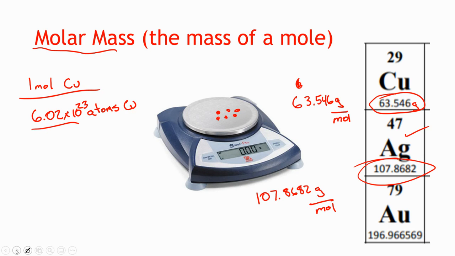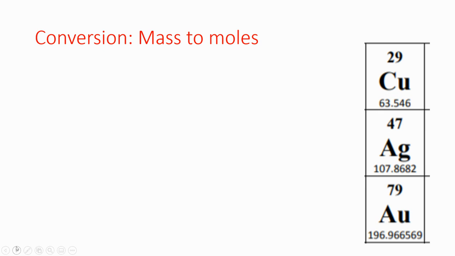So that leads us to a number of different calculations that we could do. What if I didn't have 107 grams of silver? What if I only had 23? And I wanted to know how many moles of silver is that? Well, anytime I'm going from grams to moles, I am not using the word atom at all. So I know the number 6.02 times 10 to the 23rd isn't going to be involved in this calculation. Instead, I'm going to use molar mass. And here's how I would do that: